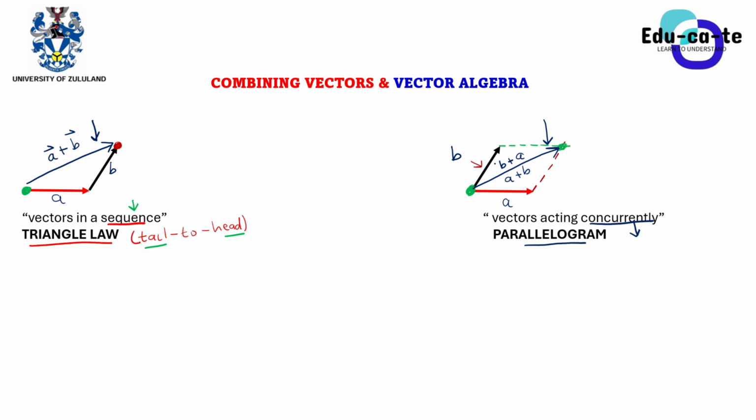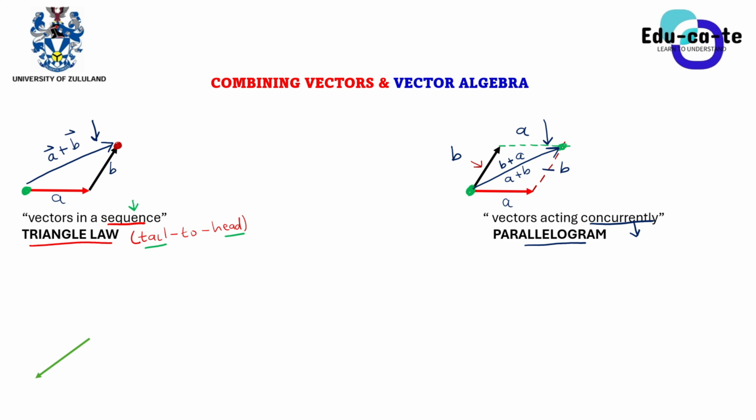So one thing to bear in mind on this parallelogram method: the dotted line that you have plotted here on this side can be of the same length as this vector B, and the horizontal line that you have drawn here on the bottom or on the top is the same magnitude as A. Because remember that in a parallelogram, opposite sides are equal. That's going to be very important when you do the calculations later on.